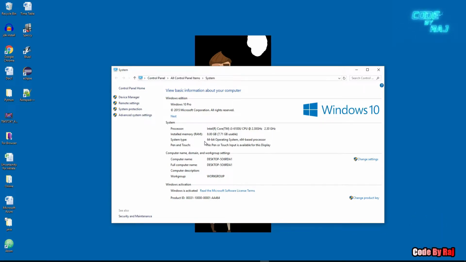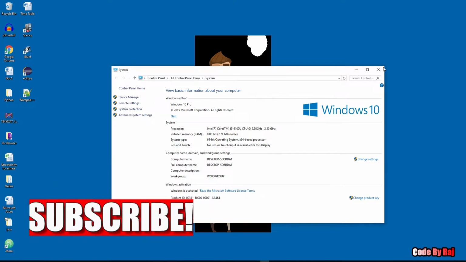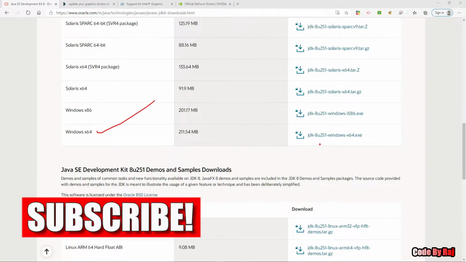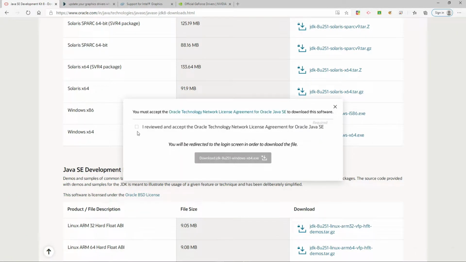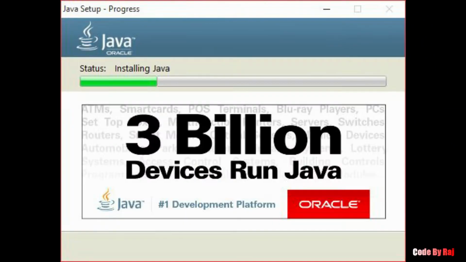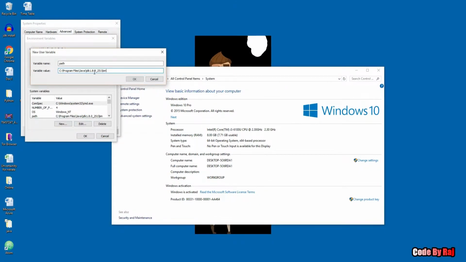My system is configured as the 64-bit version. So if you are using the Windows 32-bit version, you can check it from here. Okay, let me show you. This is my 64-bit version. But if you are using a Windows 32-bit operating system, then you can go ahead and install according to your system configuration. Okay, alright, so now that you all have successfully installed Java and configured your path as well,